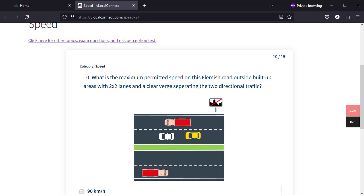What is the maximum permitted speed on this Flemish road? Outside built-up area with the 2x2 lane and a clear verge separating the two directional traffic. Very important to read this question end to end because there are quite some conditions here. It's a 2x2 lane. There is a clear verge separating the traffic, and this is outside built-up area, and it's